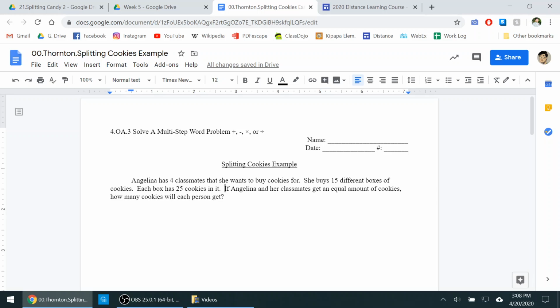We're going to start off by underlining the question. Okay, from there, we need to figure out what our important information is. First off, we know that she has 15 different boxes and that she has 25 cookies in each box. We're going to go ahead and make those bold because they're important, and we're going to figure out how many cookies she has. So step 1,